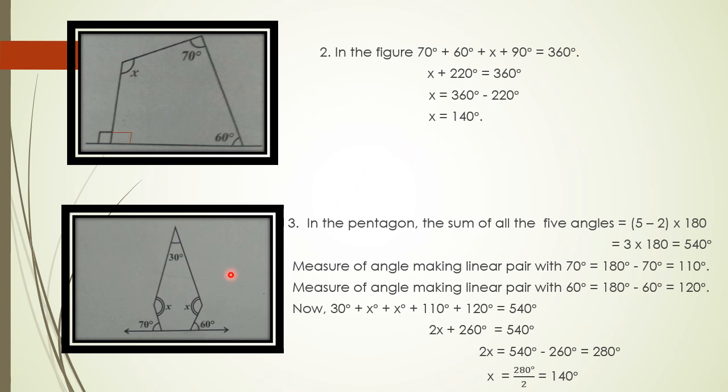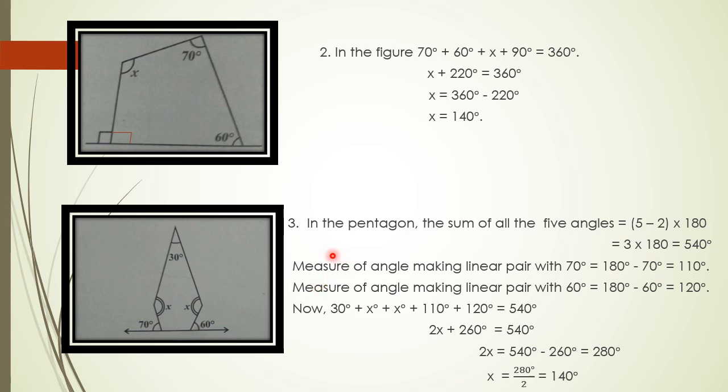Now figure number 3. We have to find the value of x, and here 2 angles are not given but they are of same value x, and it is a pentagon. We have 5 sides, 1, 2, 3, 4 and 5. The total measurement of all the 5 angles we know it is 540 degrees, and here 60 degree outside angle is given, so this interior angle is equal to 180 minus 60 is equal to 120 degrees, and here 70 degree outside measurement is given, so this interior angle is equal to 180 minus 70 degrees, it is equal to 110 degrees. That way we can find the 2 inside angles.